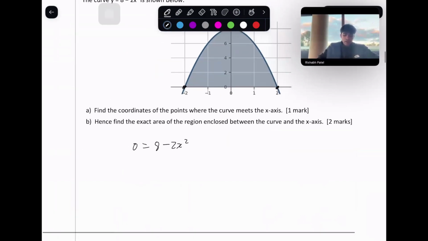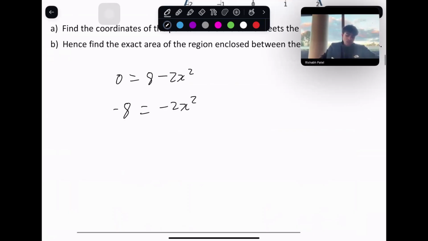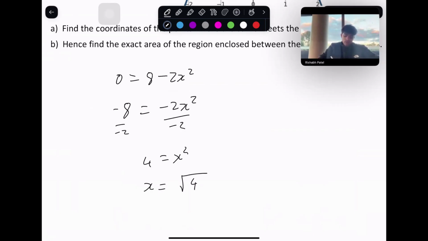Now people go ahead and try to factorize this, but you can just move stuff around. When you move the 8 to the other side, you get negative 8 equals negative 2x squared, just by simple algebra. Divide everything by negative 2. 4 equals x squared, and then x equals plus minus square root of 4, so you get plus minus 2 as